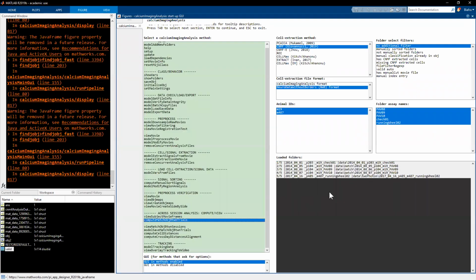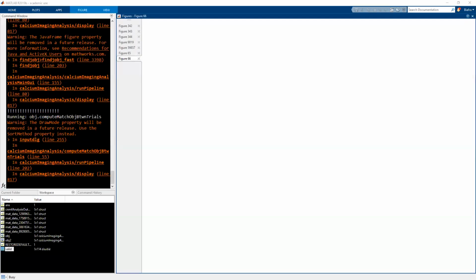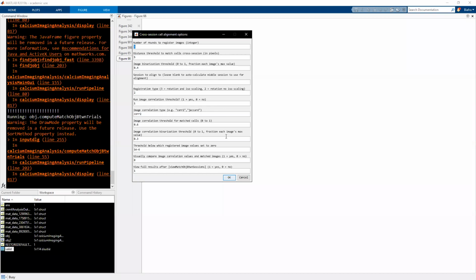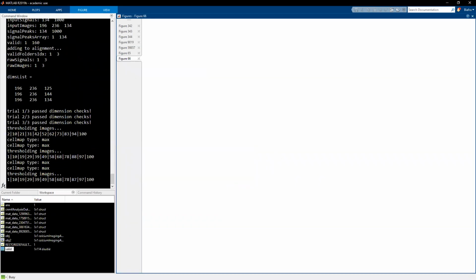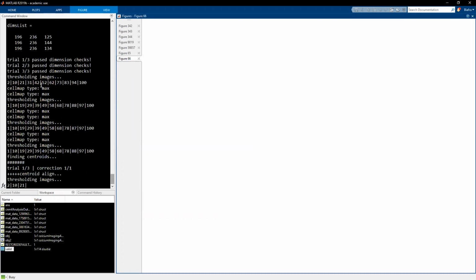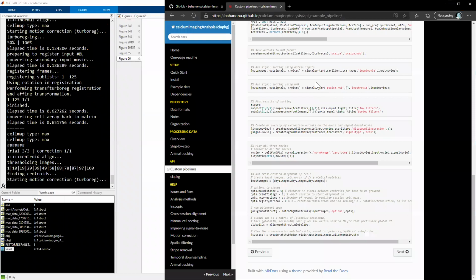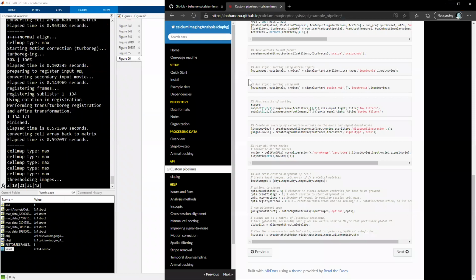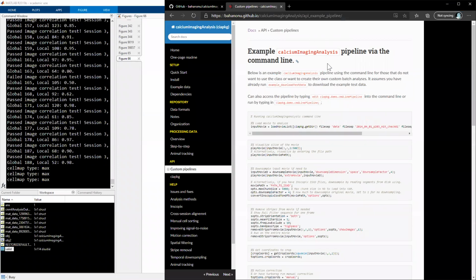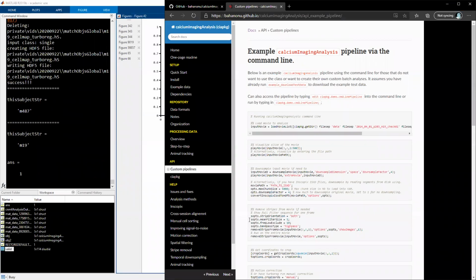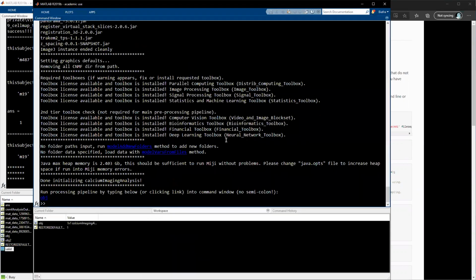So let's try this one more time. All right, so what it's going to do is go through and do the motion correction for all these, and then match the cells across different sessions. Again, as I was saying, if you look at this particular web page, it will give you a list of all this information. But the thing that you can also do is go